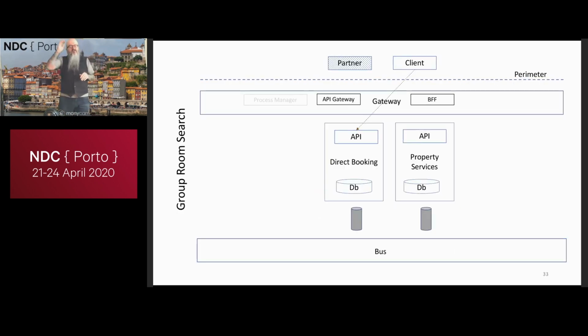Let's imagine the product manager has essentially put his foot down and said, no, no, no, I must have near real-time booking information. So in this particular case, the problem I've got is that I need to go to direct booking and I need to go to property services, but I can't pre-build the view of what I've got. And this tends to be where you really do need to do actual composition in a gateway layer to say, I'm going to call both these services, I'm going to combine the data together.